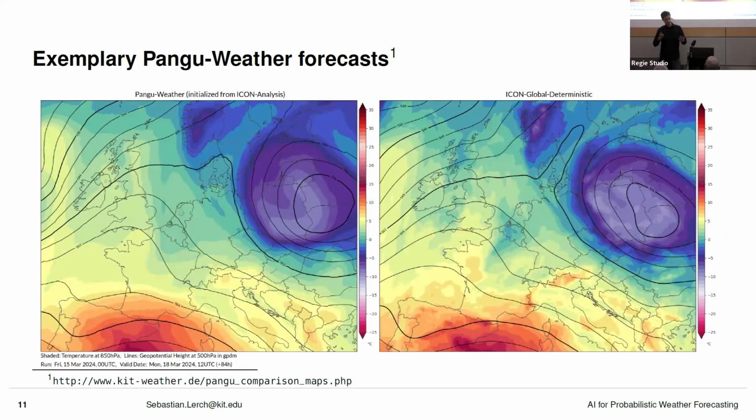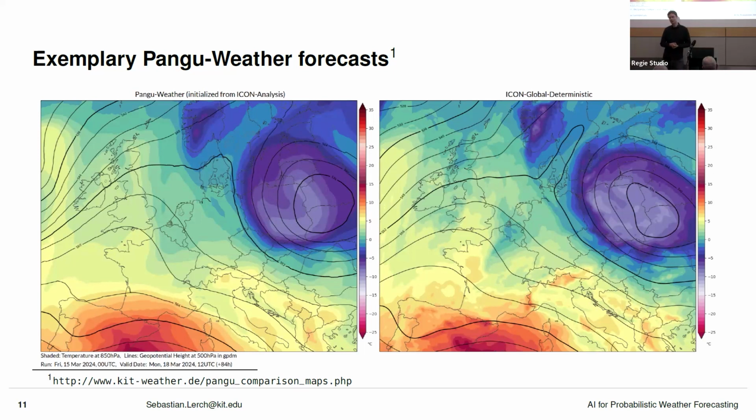So over the past year, code has also become available to at least run these models. There is no really open source code to be able to train the model yourself, but at least you can use the estimated models to make forecasts. And that's something that we do at KIT. There is this KIT weather webpage that you can take a look at if you're interested in this.